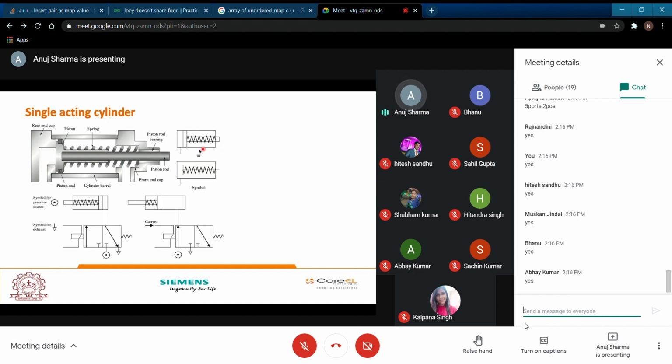Now when it will be switched to this particular position, you can see this cylindrical barrel is not connected to any of this. This is connected to a single exhaust, or you can say a T valve where it is stopped. But this exhaust is open to this particular position, and this is again another exhaust for you. So this is a symbol for a single acting cylinder.